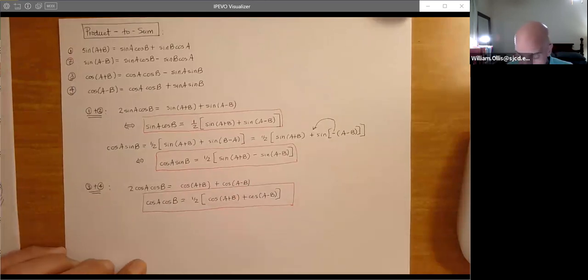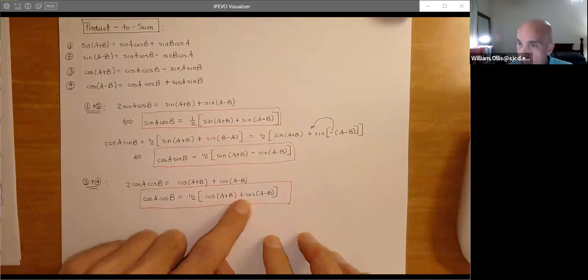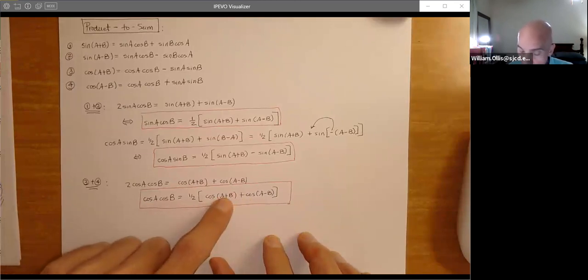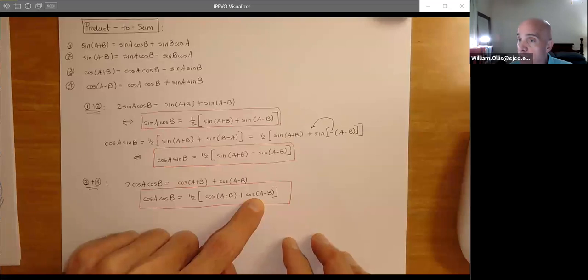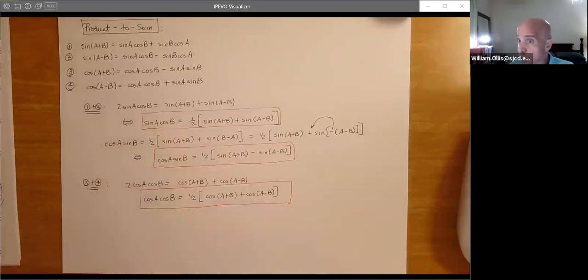So now again, we can take the product of 2 cosine functions into the sum of cosines. Again, A and B, substitute the A and the B here, add them, substitute the A and B here, subtract them. Again, the cosine function is even, so the negatives absorb. If you get cosine of negative 2x, then that's just cosine of 2x, the negative will absorb. Continue to use the even and odd properties of sine and cosine, okay?